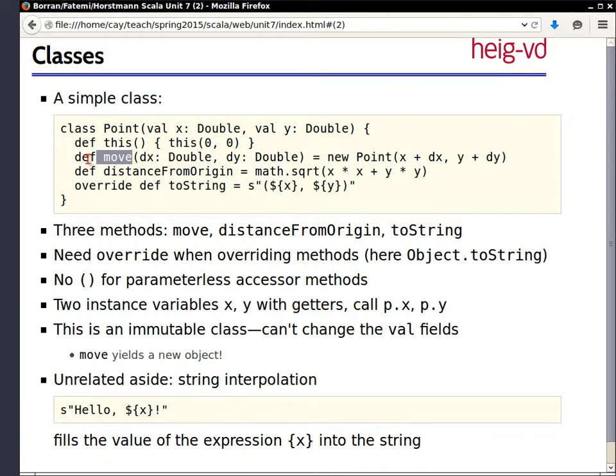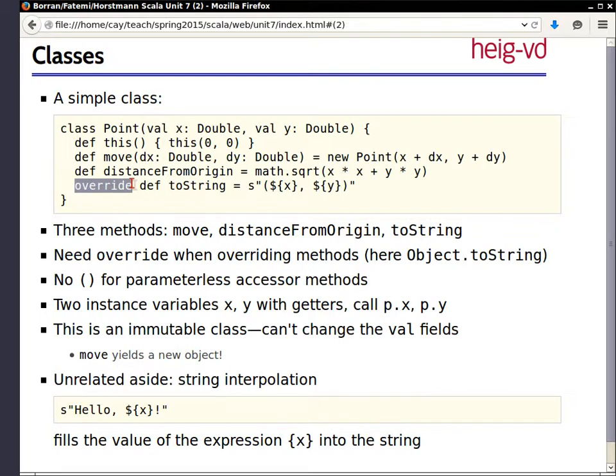You use def to define a method. And you put the parameters inside here. There's an equal sign to compute a result. So none of that is very surprising. Let's look at the things that are a little bit surprising. First of all, you notice here that in the definition of toString, there's the keyword override. So in Scala, whenever you override an inherited method, what we inherit here is the toString method from what in Java would be the object superclass, then you have to specify override to indicate you're going to redefine that